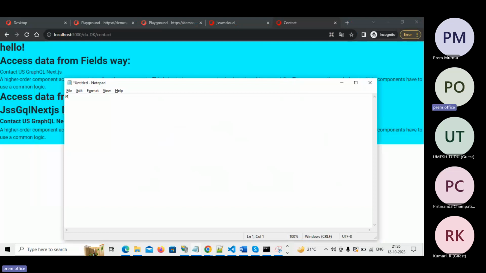One is multilingual configuration in the components and on the Sitecore side as well. Multilingual configuration. Next is